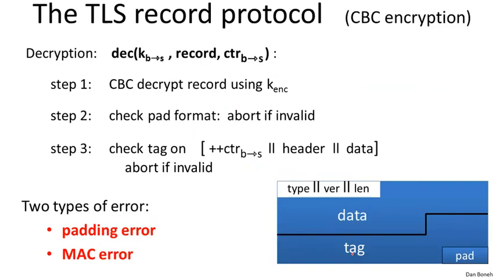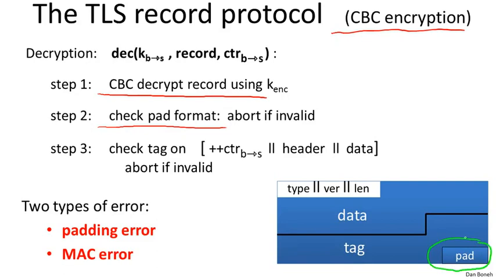Okay, so let's look at a very cute attack on the TLS record protocol, in particular when CBC encryption is used. Let me just briefly remind you that the way TLS decryption works is, first of all, an incoming ciphertext is CBC decrypted. Then the next thing that happens is the implementation will check that the pad has the correct format. For example, if the pad is of length 5, the format should be 55555. And if it's not of the correct format, then the ciphertext is rejected. So this basically checks that the ending of the decrypted record contains the correct pad.